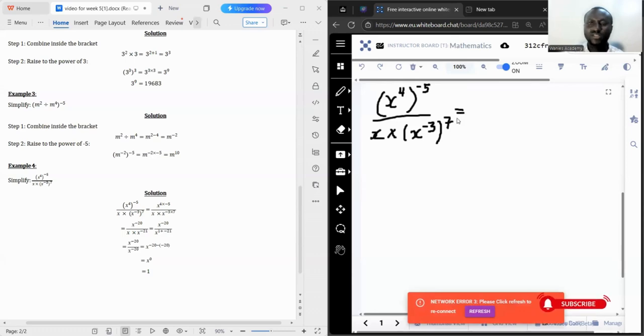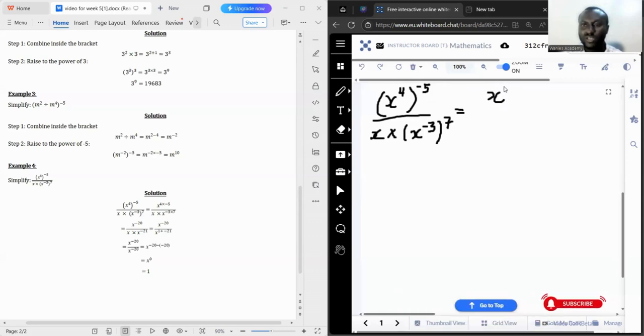Let's deal with what is inside the bracket first. For the numerator, we can simply apply the power of a power rule, which is x raised to power 4